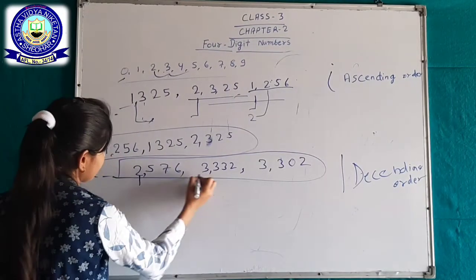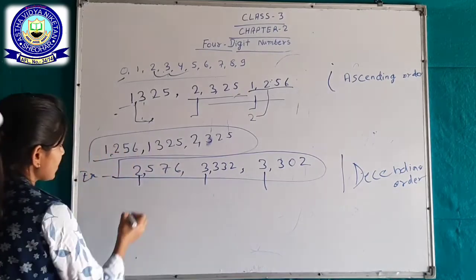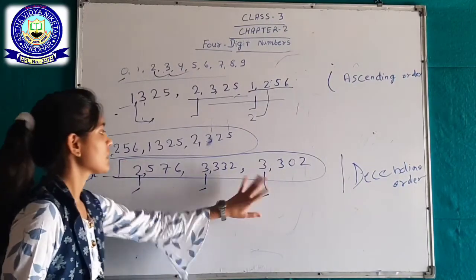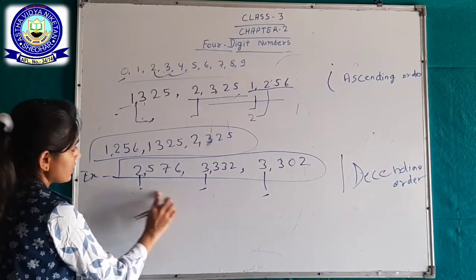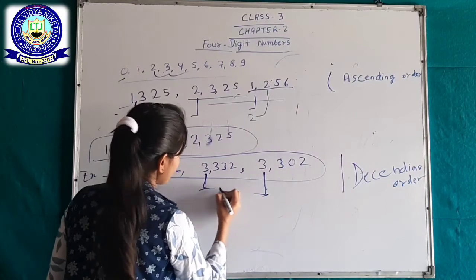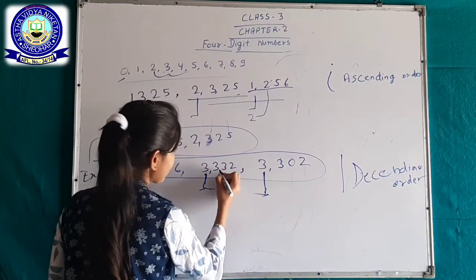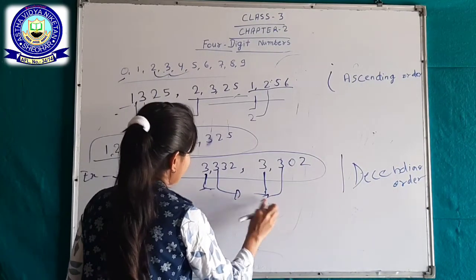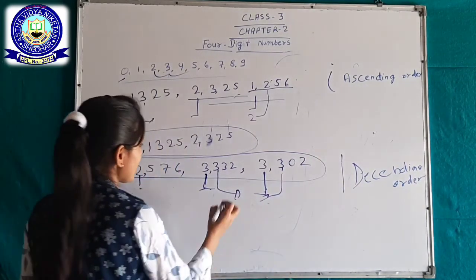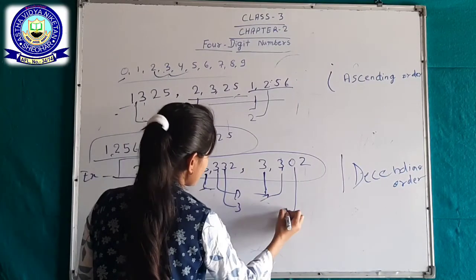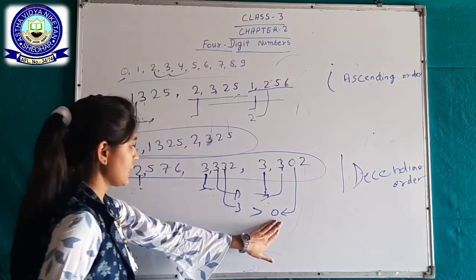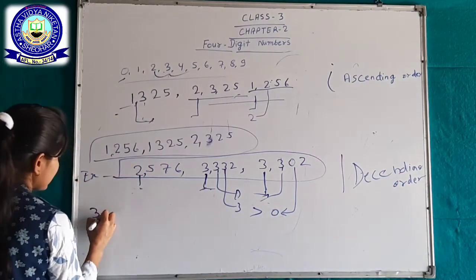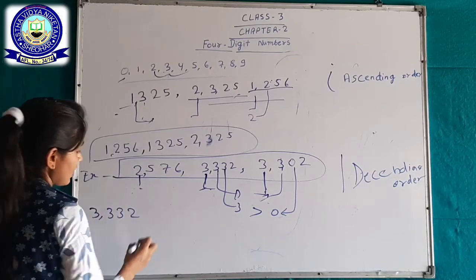So you compare three numbers. Here is 2, 3 and this is 3. This 2 is smaller than these two numbers. Then leave it and you have to compare these two numbers. Here is 3 and here is 3 also. Both are equal. And here is 3 and here is 3. These 3 and these 3 both are equal also. And here is 3 and here is 0. 3 is greater than 0. So we have to write 3332 and then